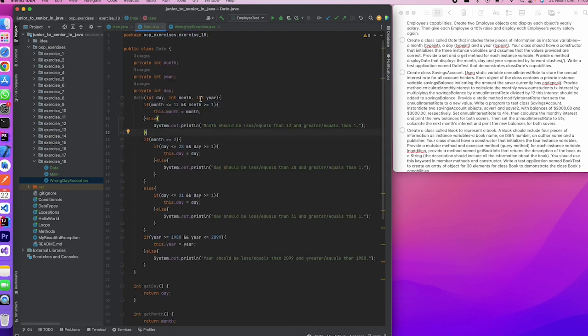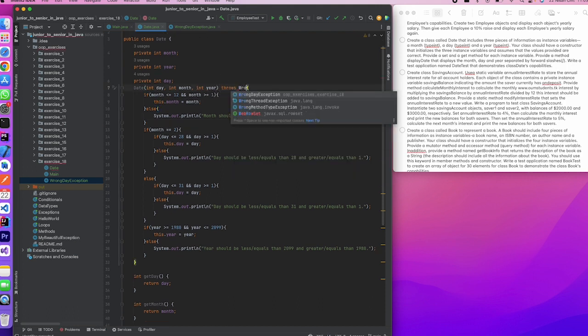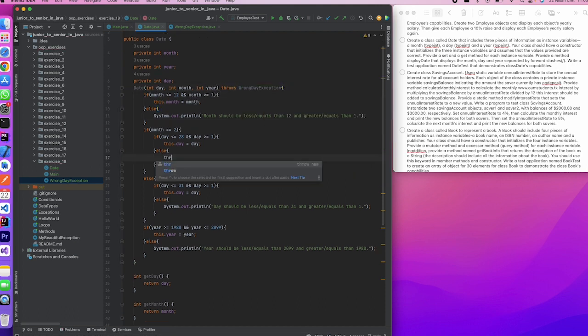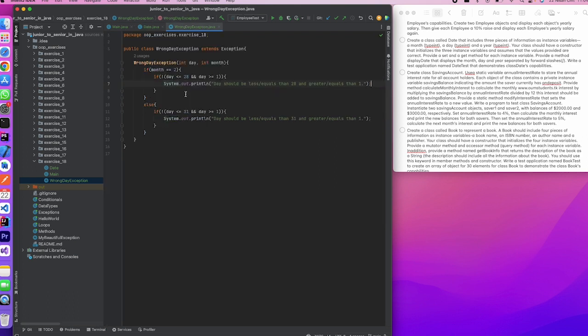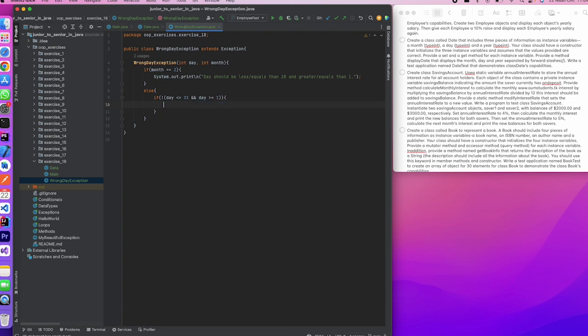So let's use the wrong day exception here, throw wrong day exception, and throw the exception here, wrong day, and let's send the day and month. Okay, throw new. Then it's also the same here, but I'm making the checks on double. I don't have to use, yeah, let's use it like this, because I don't have to do double control in